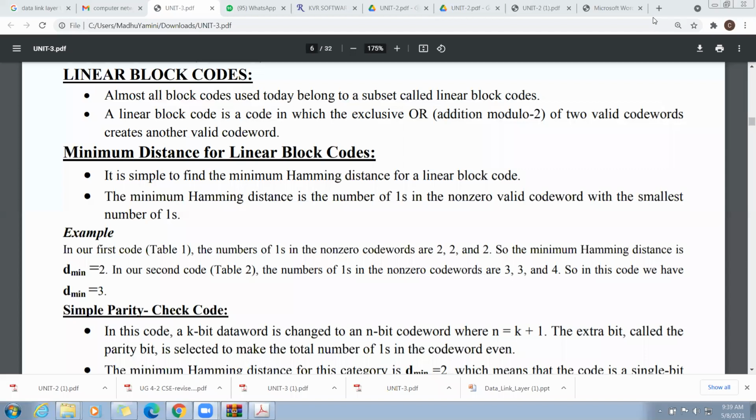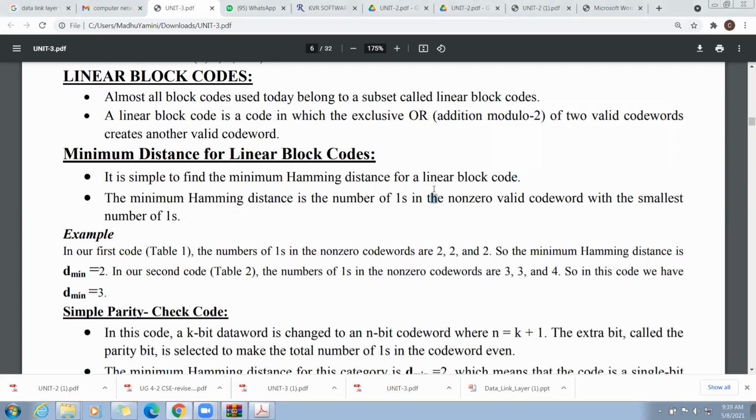After performing the XOR operation, we count the number of ones, which represents the Hamming distance. I will show you how. In table 1, the number of ones in the non-zero code words is 2, 2 and 2. I will show you the table.